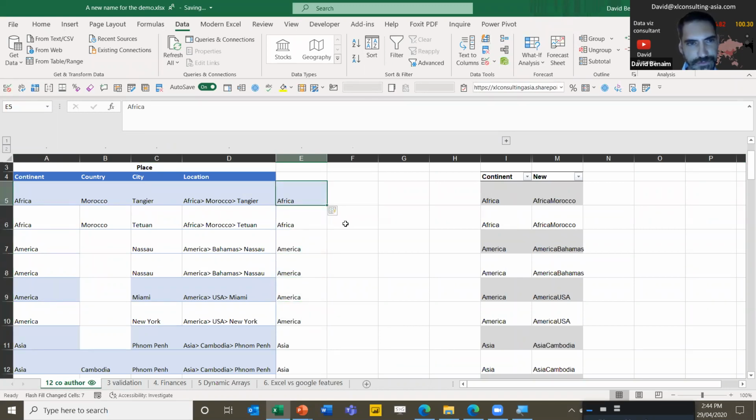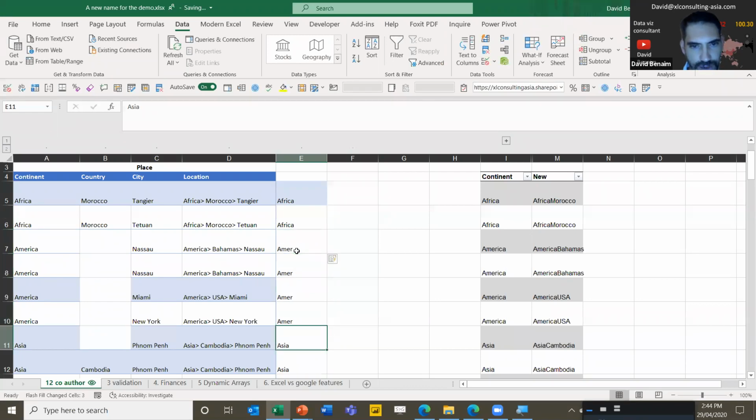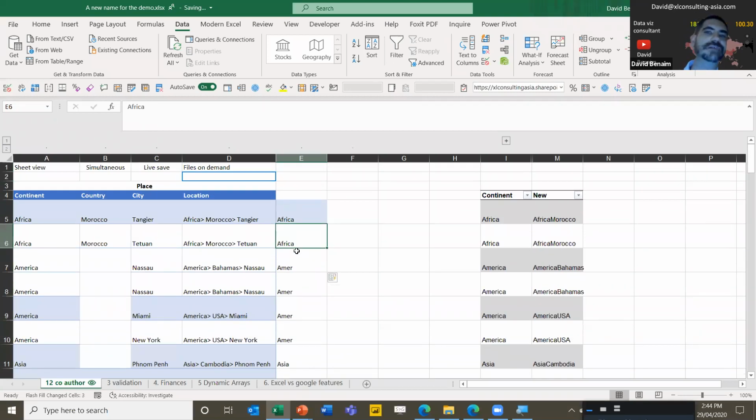It's taken all of those. Flash Fill is a machine learning feature that can even correct mistakes that are done in certain places. For example, let's say that what I want to do is actually just extract the first 5 characters. So I'm going to do Flash Fill. And if I immediately change the first entry to only be the first 5 characters there, it will then do it in the whole column.